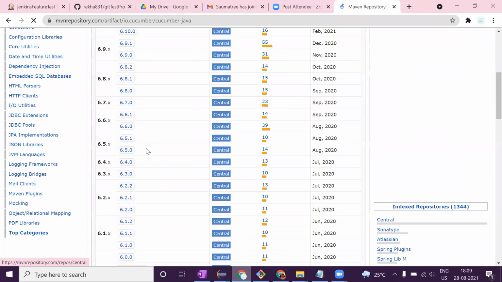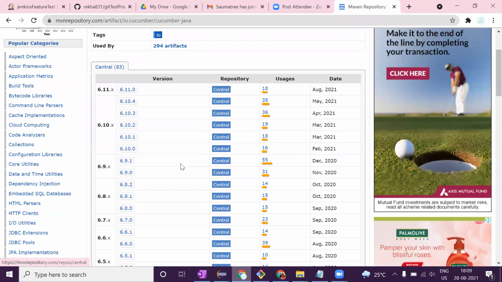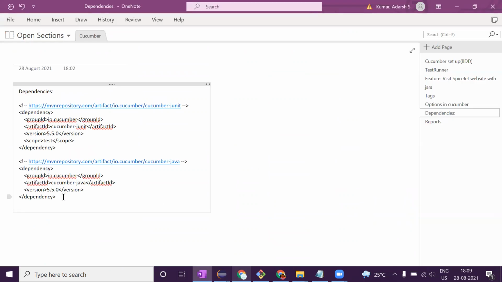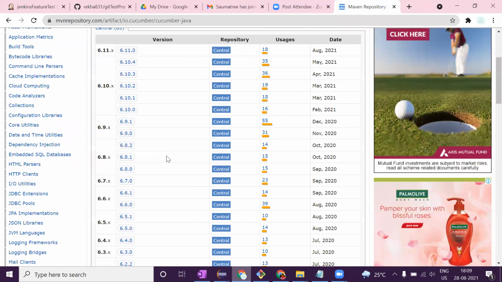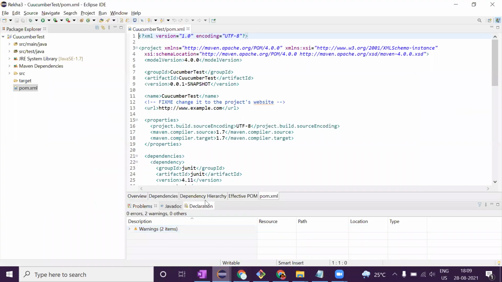Cucumber Java and Cucumber JUnit, two dependencies. I had used the 5.5 version previously, so I found it stable. I'm taking this, but you can take the latest version as well, not an issue.